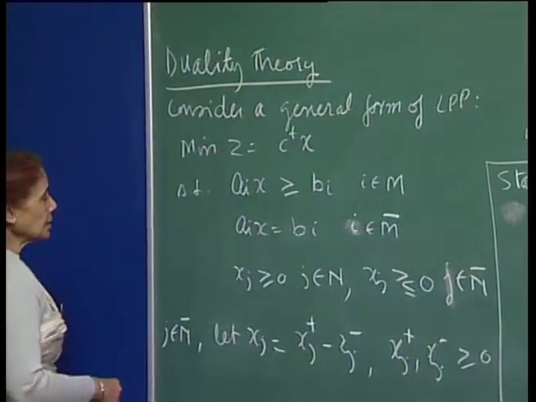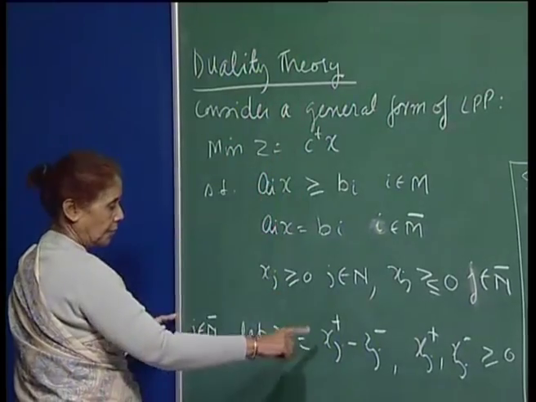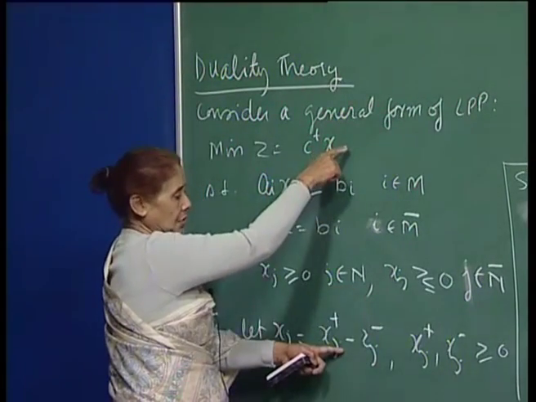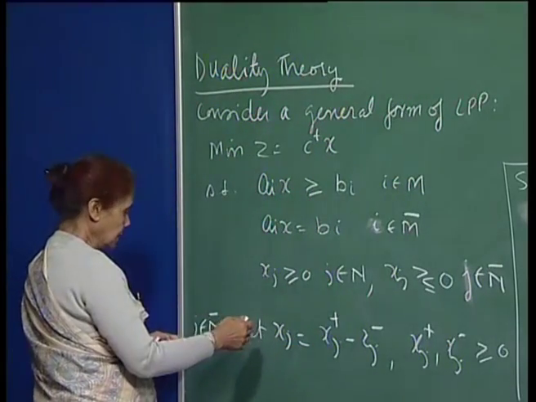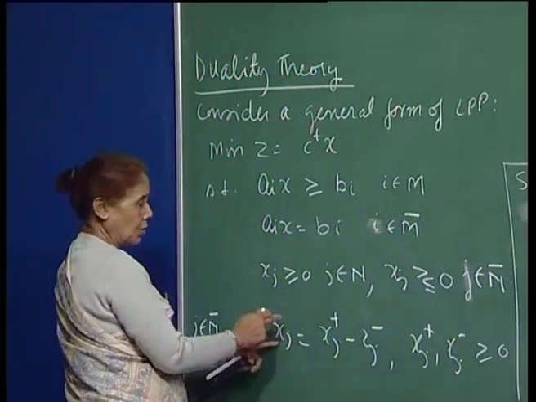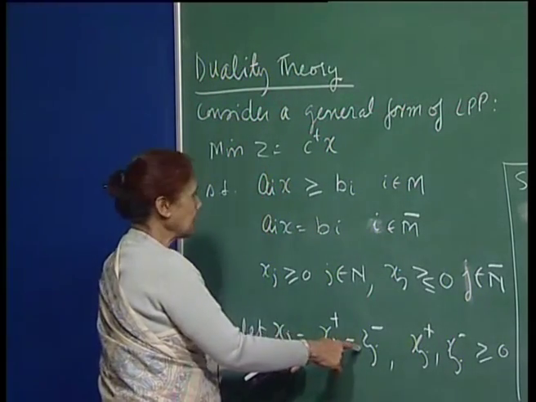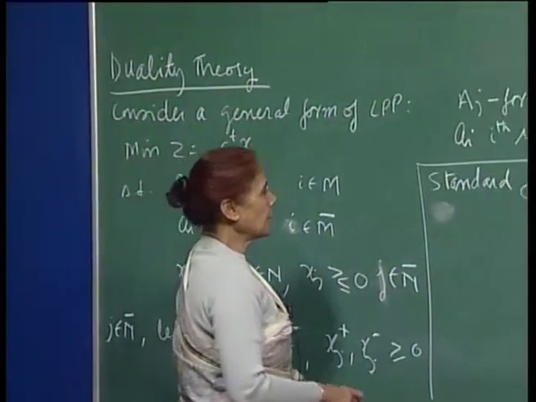So, what will happen, say for example, the coefficient for xj plus will be plus cj, and for xj minus will be minus cj, right. And similarly, the column corresponding to xj, the column aj, now you will have a column aj appearing here and a minus aj also appearing in the constraints, right. So, the standard form therefore would be